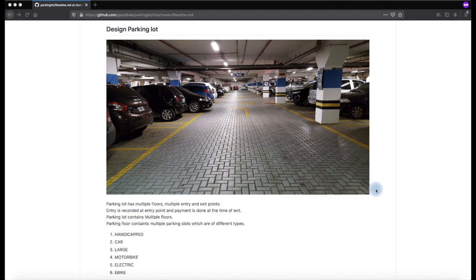I am Bala Subramanian. Today we are going to look into a problem statement of coming up with an object oriented design, and we will also touch a little bit on how we think about scale when we implement in terms of system design as well. The problem statement that we are going to look into is parking lot, how to come up with a design for a parking lot. This is a widely asked question because of the nature of the question.